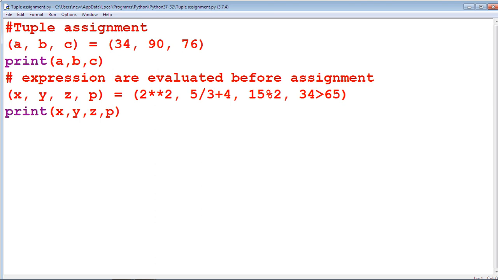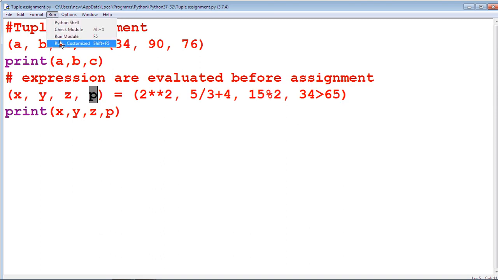In this example, a, b, c is a tuple that is assigned 34, 90, 76. So a equal to 34, b equal to 90, c equal to 76. In the same way, expressions are assigned with a tuple of a list, that is x equal to 2 square, y equal to 5 by 3 plus 4, z equal to 15 modulo 2, p equal to 34 greater than 65.